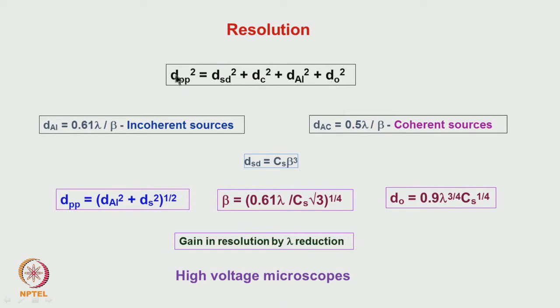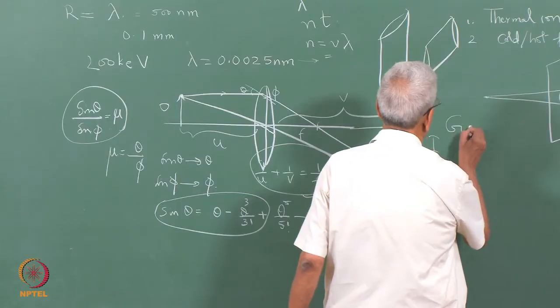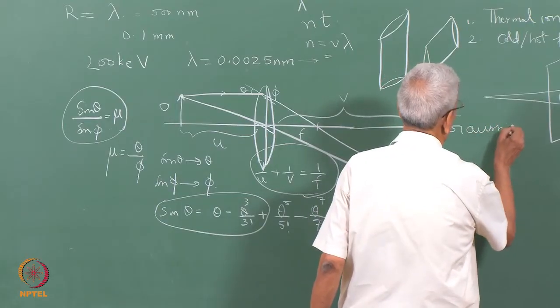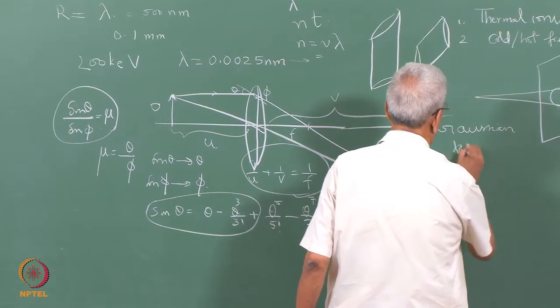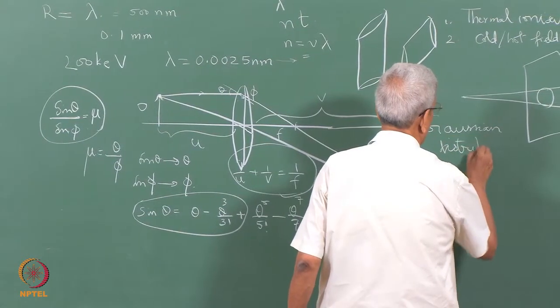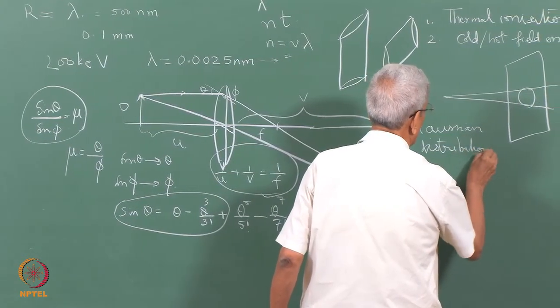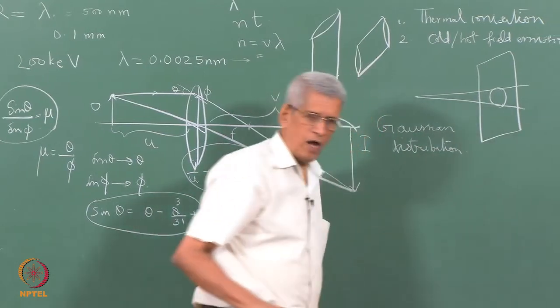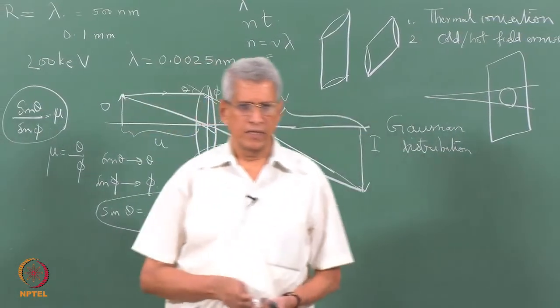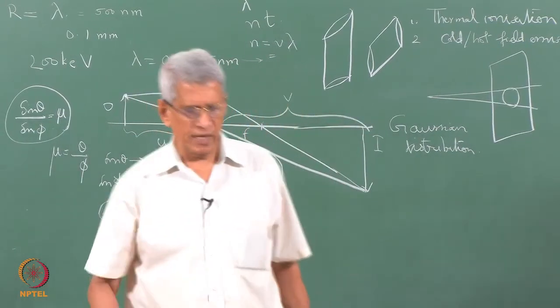In this, we have just taken the square of all the terms added, but this can be done only when we assume that all these errors are coming due to essentially a Gaussian distribution. If it is non-Gaussian, for a Lorentzian, then this has to be just a linear addition.